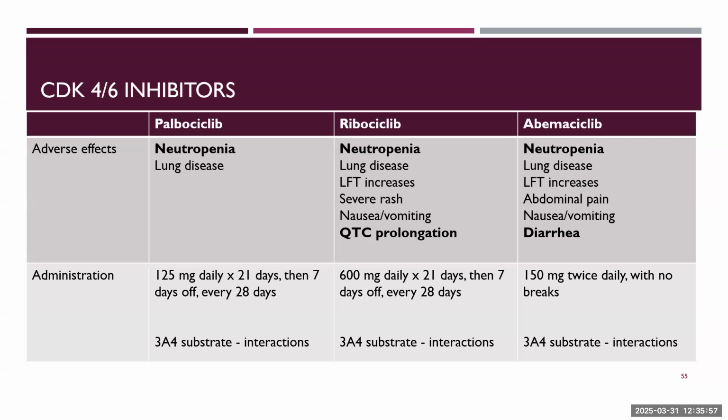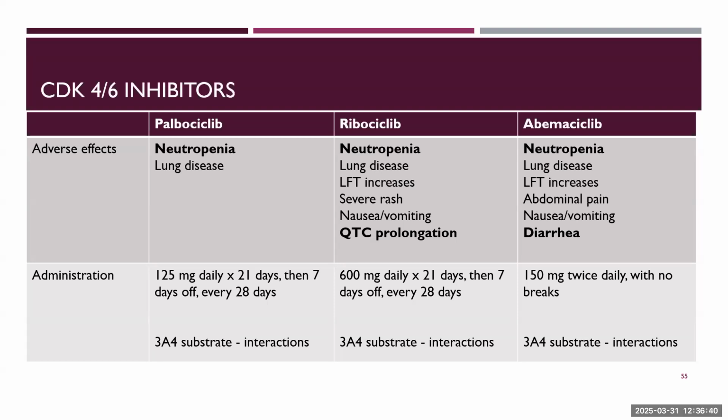So I mentioned that there are 3 CDK4/6 inhibitors. How do we choose which one for what patients? This is going to be dependent on two things. One is side effects, and then also, in clinical practice, the ones that have the best data are ribociclib and abemaciclib. They have an overall survival advantage, whereas palbociclib on follow-up studies did not have the best overall survival benefit. So typically, we're using abemaciclib and ribociclib in practice now. But there are all three options, and if a patient can't tolerate abema or ribociclib, then we might do palbociclib